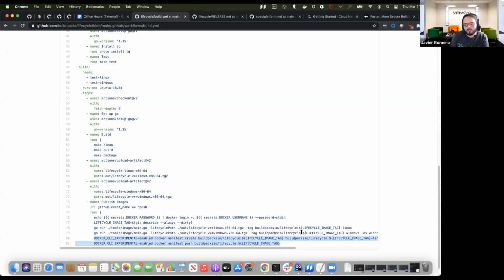I was going to ask, why aren't we dogfooding? I know the answer, but it would be something nice to strive for. It's because we require in the spec the lifecycle at a certain path. You could try to set the path to be /cnb/lifecycle, but that's a problem because during the build, which is done by the lifecycle, it's at /cnb/lifecycle. It's the one path you can't set because it has to build itself.